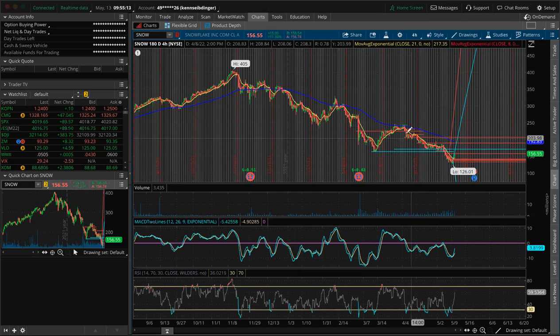So on a W formation, to be a true W formation, the second leg down is usually further than that first leg that you see right here. So it passes that, which this one did. And what that does is it shakes out all the weaker investors that are worried. It's, oh my gosh, this thing's going to crash. And that's what this does. And so the W formation